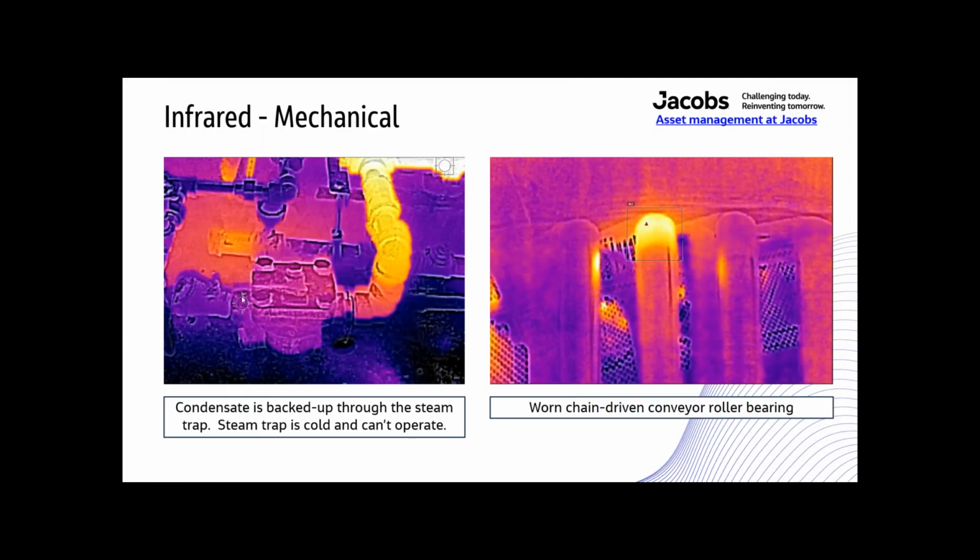All right, this is an example of steam. I can tell that steam trap is not working because it's cold. There's no way it can be working, because steam traps only work when they come up to temperature. What happened is condensate had backed up through that trap. You can see where the steam is meeting the condensate. So I had to open up the valve after that steam trap to get it to drain